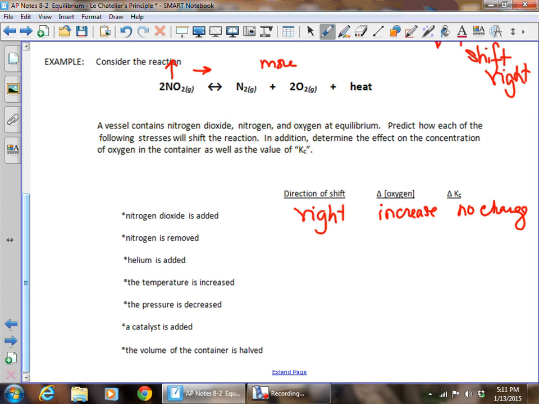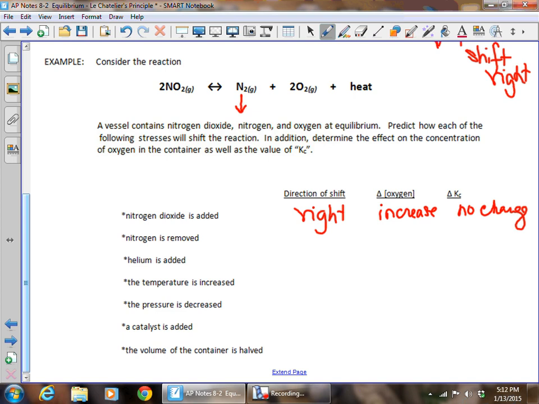What about if nitrogen now is removed? Now, I always remember what happens when you add something. If you add nitrogen, you would cause it to shift to the left, but removing nitrogen from the system is going to do the exact opposite. It's going to mean there are less nitrogens to collide with oxygen, so it's actually going to shift it to